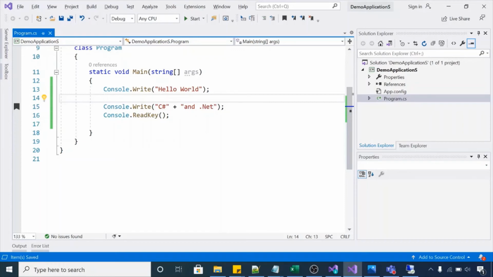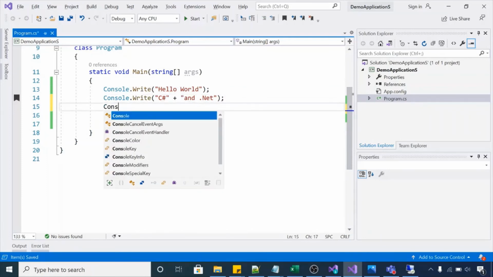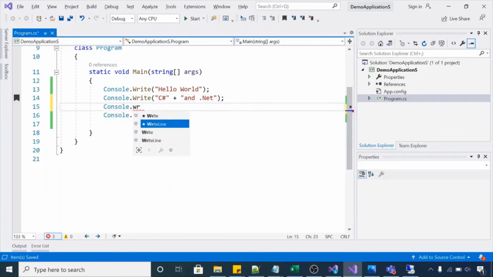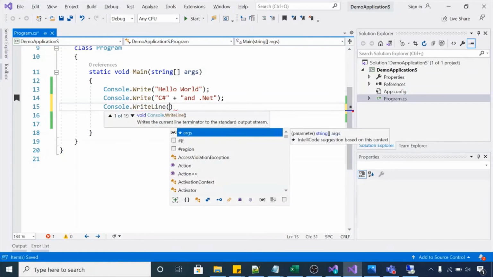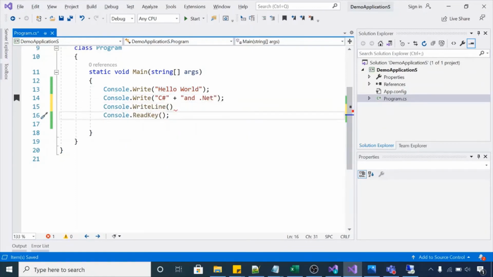Let me take one example. In our example we have two Console.WriteLine lines here. Let me write new code for that.